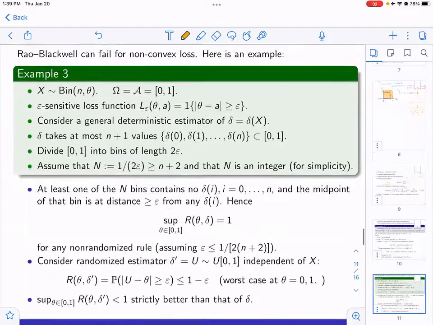Here's an example where Rao-Blackwell fails. So if the loss is non-convex, everything could fail, not necessarily fails. But here's an example. Suppose you have a